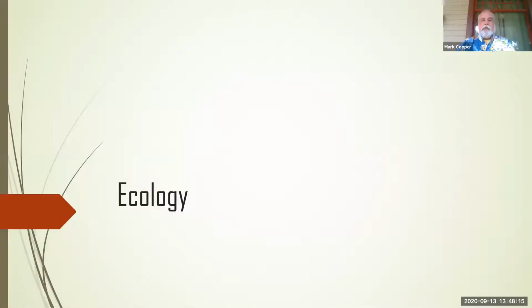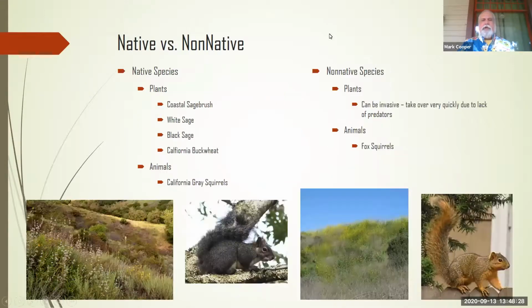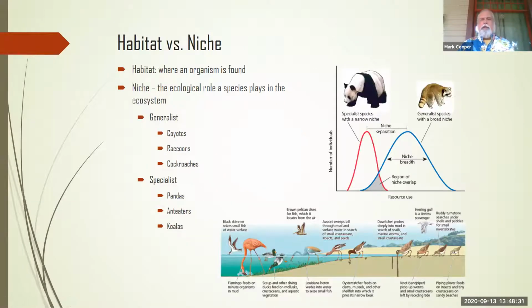All right, so our next talk is about habitat versus niche, and I don't know if you've heard these terms. So what I want to do is make sure you understand what they are, and then we'll spend a little time with that. So habitat is basically an organism's place in the world where they are found, where they live,